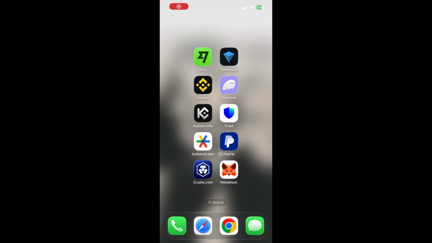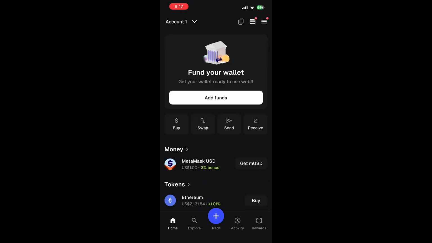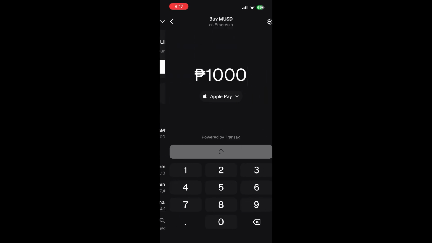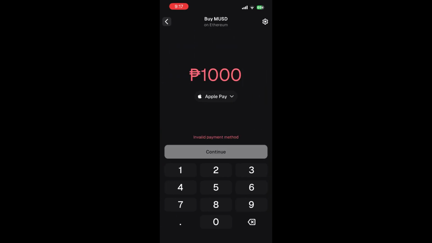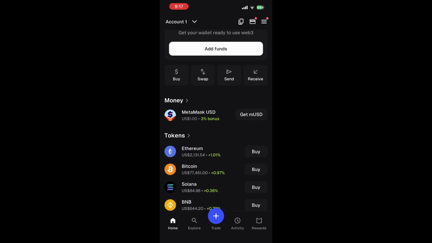In this video, I'll show you how to buy Ethereum on MetaMask wallet. First, open your MetaMask wallet and unlock it with your password. Make sure you are using the official MetaMask app or browser extension and not a fake website or copied wallet app. Once you are inside the wallet, check that you are on Ethereum mainnet because this is the main network